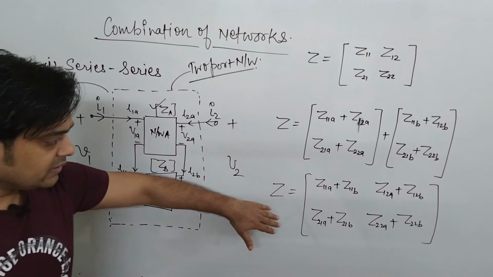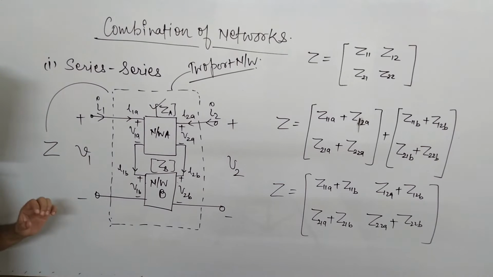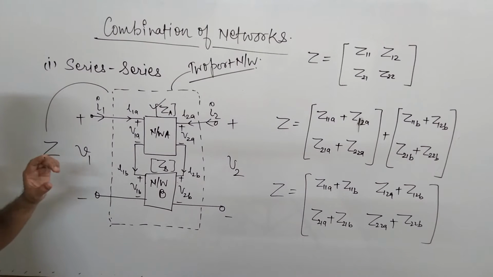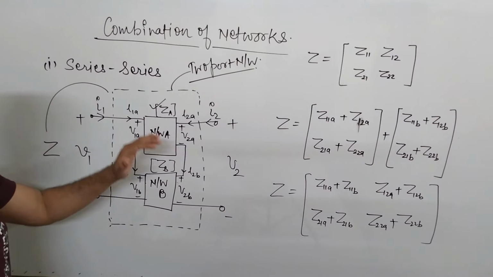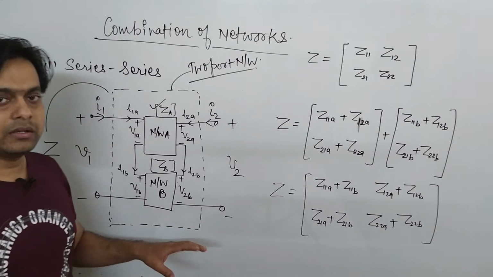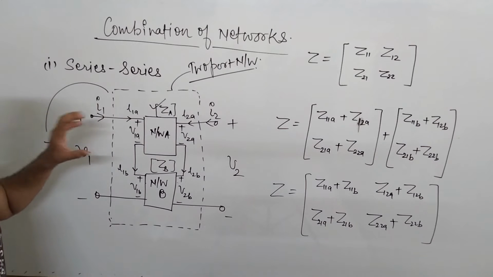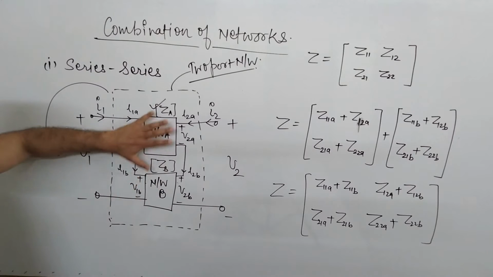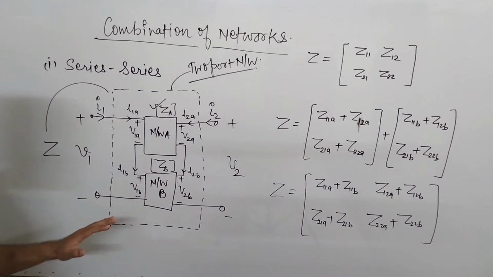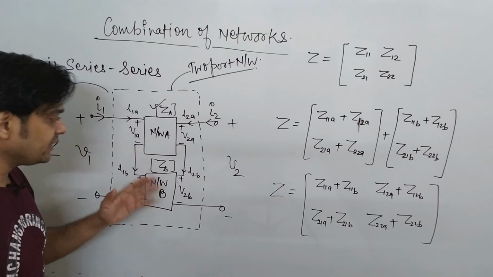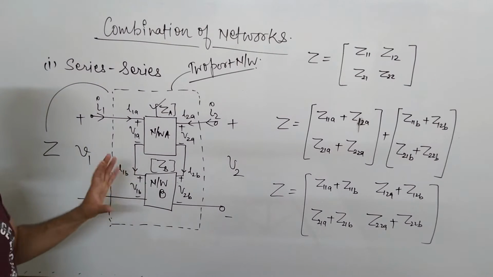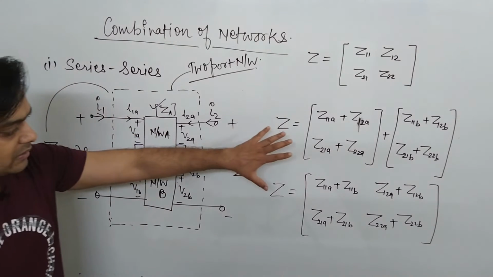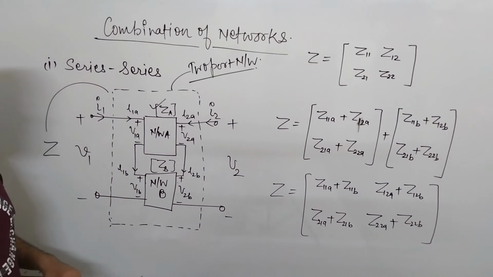Just keep in mind that such types of questions are asked in different competitive examinations. If you start finding it through the conventional procedure, it will take much time. But if you identify that the networks are connected in series and some Z parameters are mentioned and they ask for the overall Z parameter, or they mention Y parameters and ask for the overall Z parameter, then by a conversion mechanism you can easily find the Z parameter just by adding. This holds only when two networks are connected in series. So first, we'll go to the next, that is parallel.